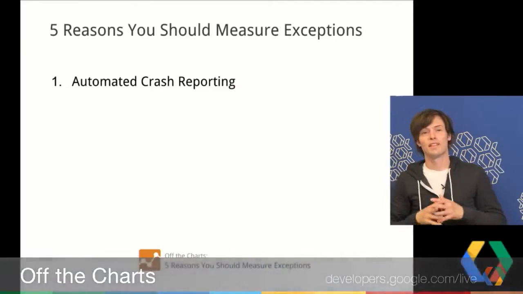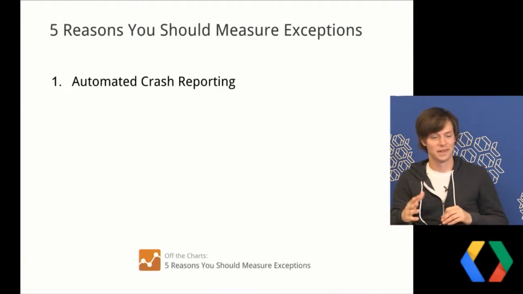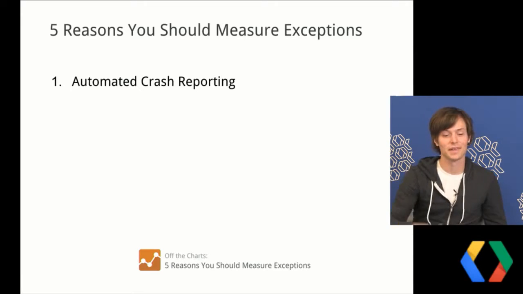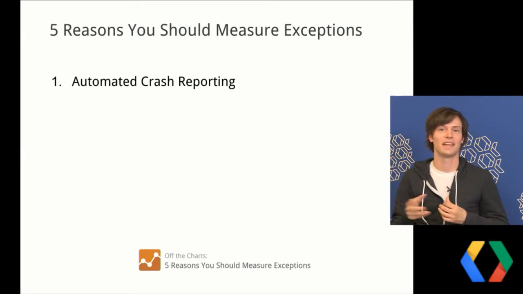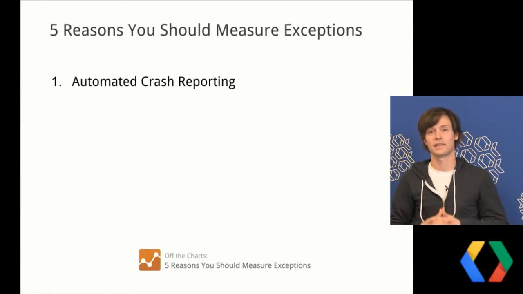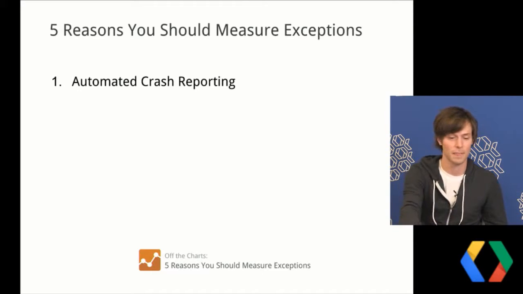So just to recap the 5 things that I just kind of rushed through. Number 1 is automated crash reporting. This is super easy to set up. Everyone can get this data in just 1 or 2 lines of code. Just grab the SDK, implement it, and you're pretty much good to go. You don't have to do anything else. If you don't want to send any other data, that's fine. You can just send us crashes. And it's really simple to set that up.